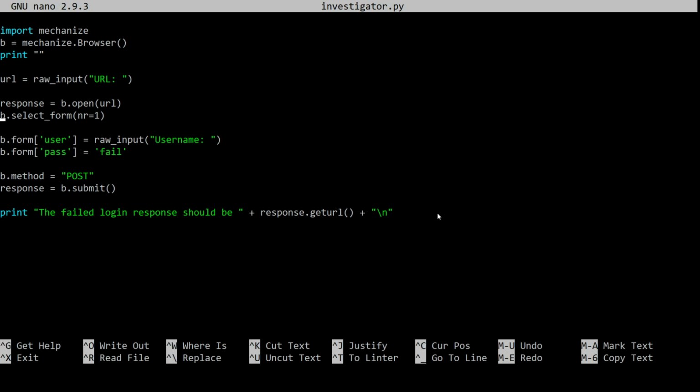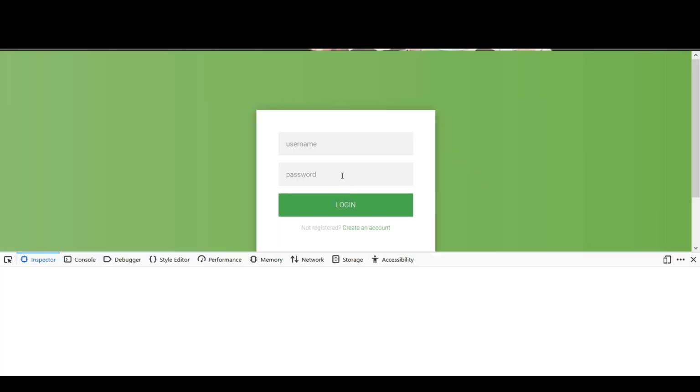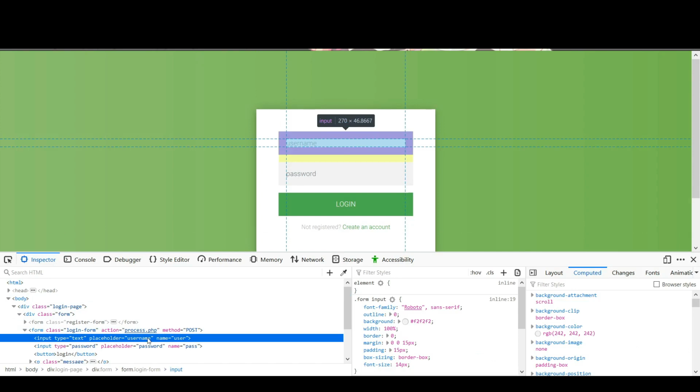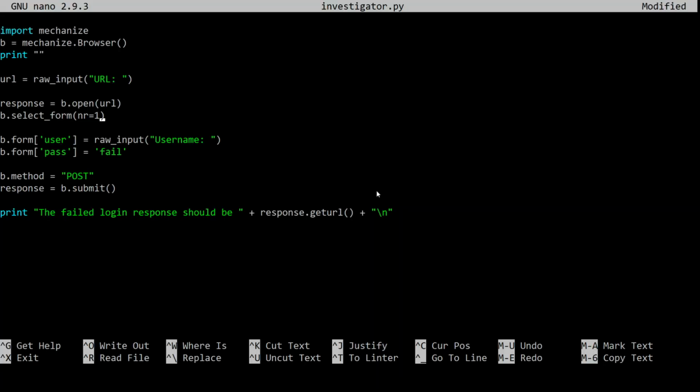Select form. We're going to need to select the form that is on the page. So to do that, we're going to need to go back into the web browser over here. Right click on the actual form itself, hit inspect element, and you see a bunch of stuff here. Here we go. This is the form. Now this form does not have a name, which is a bit of a problem, because usually if it has a name, we can just do something like login, and that'll be the name of the form. But since this doesn't have a name, we can't do that, and instead we do this,